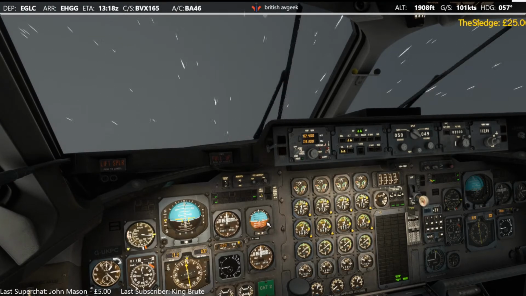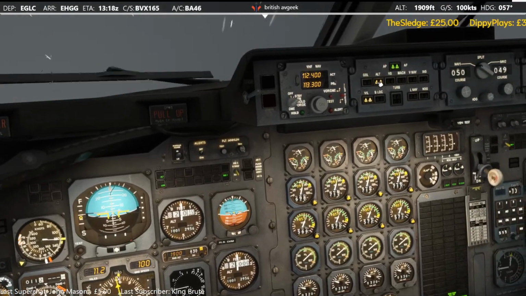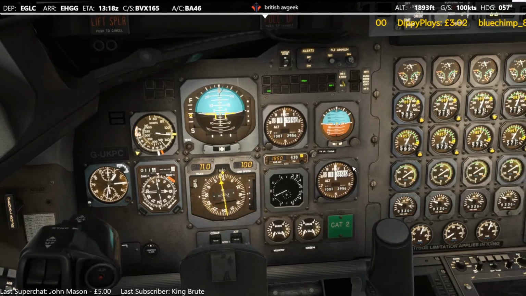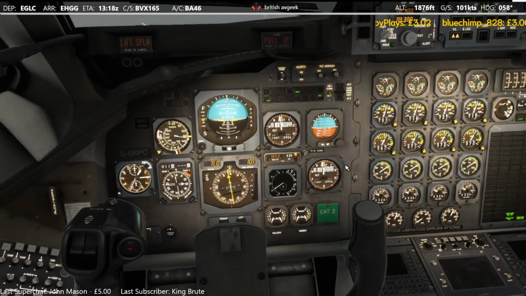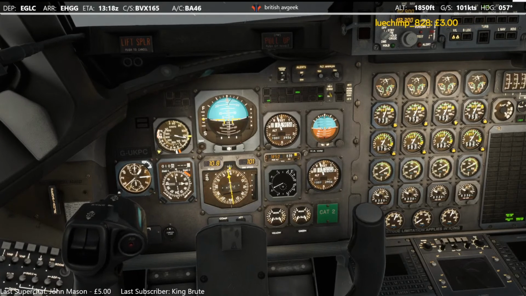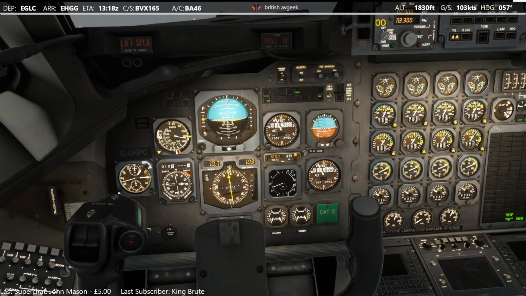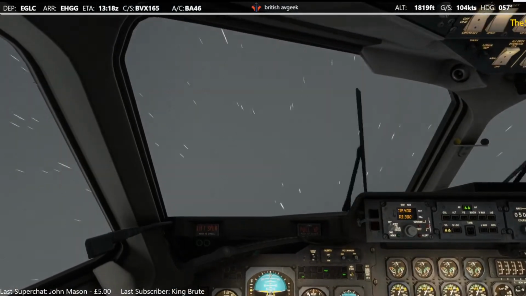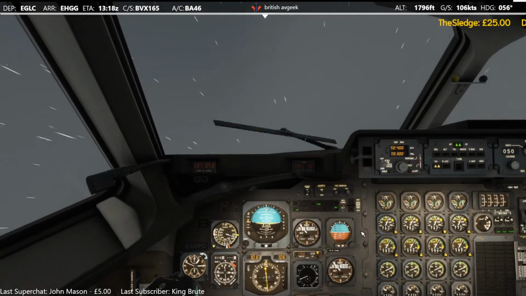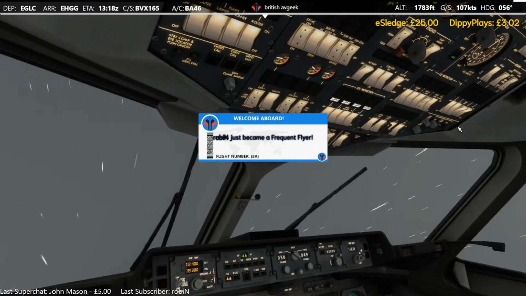Okay. Now we want 500 feet per minute. Ground speed 101. We're going to go for 600 foot per minute actually. Yikes indeed. This is the worst weather I've flown in the sim in a long time. We've had to leave engine air 1 and 2 on because of the